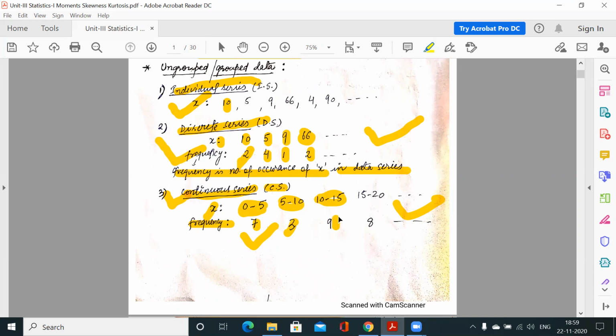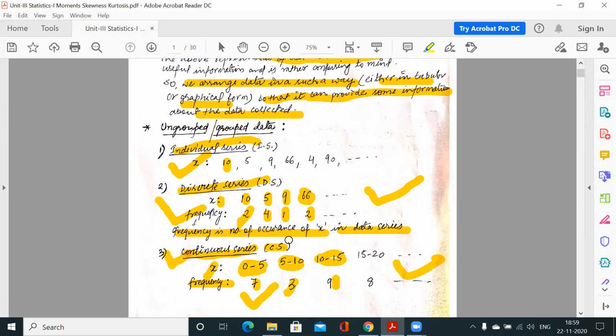Before considering the intervals, we must notice what the range of marks is. Because it is a mathematics exam, one may get a minimum of 0 marks or a maximum of 100 marks. So we have to divide the whole data in such a way that the minimum comes out 0 and the maximum comes out 100. In between we can take any step size, meaning 0 to 20, 20 to 40, 40 to 60, or 0 to 50, 50 to 100, 2 intervals only. So it depends on the user. So this is the representation of the data.